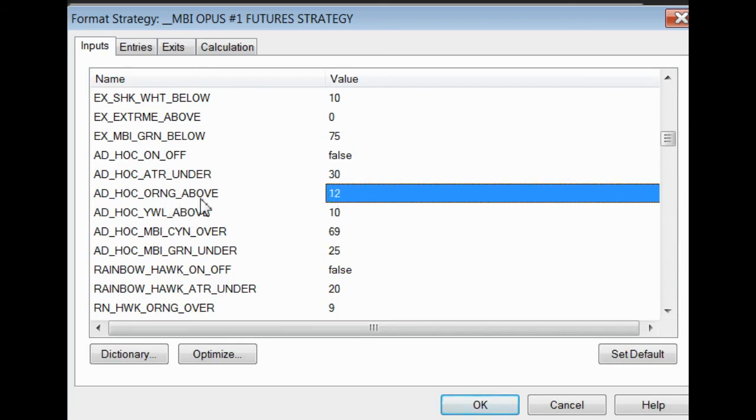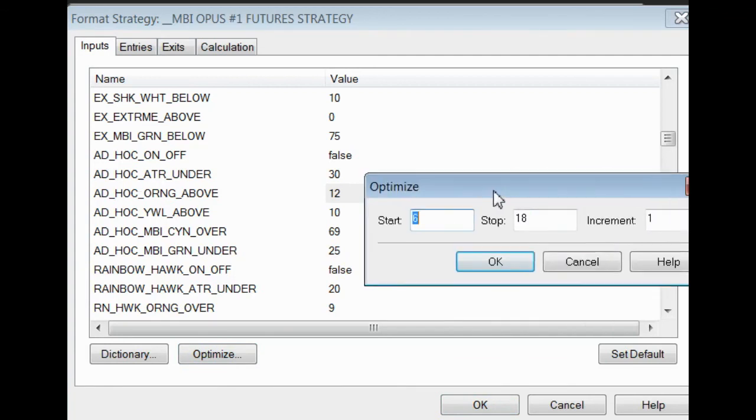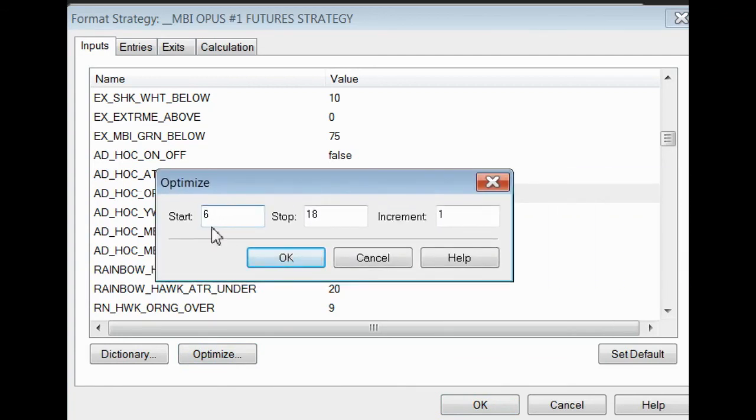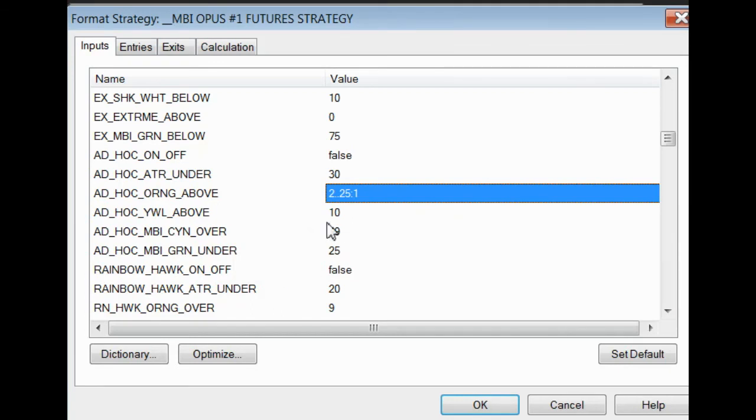Now, orange, well, the ERH is the only real orange that we have. So if we wanted to optimize that, let's do this. We can say, okay, optimize it. So let's put in an orange value of 2 to 25, and we'll do it in increments of 1. Alright, that's simple. I'm not going to change a whole lot. Now, if we push OK,